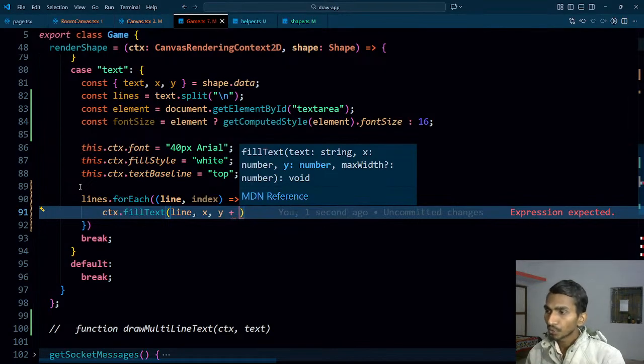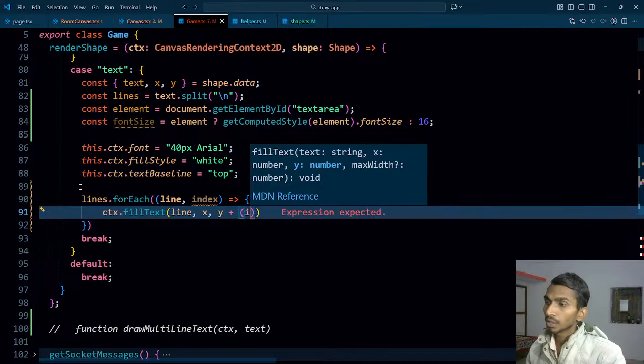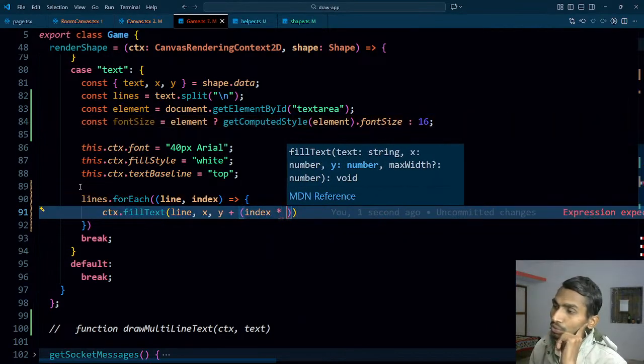The next thing that I need to do is, ctx.y, first of all, it will be increased with respect to index, and I will have font size. So the height is going to be,